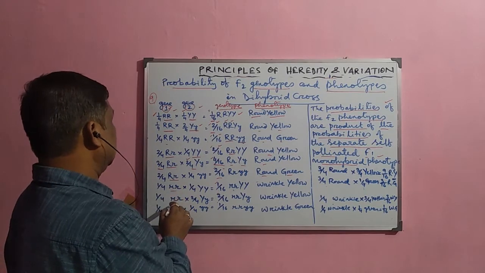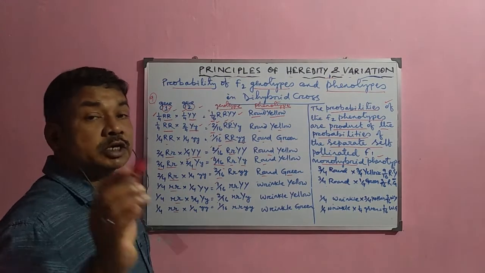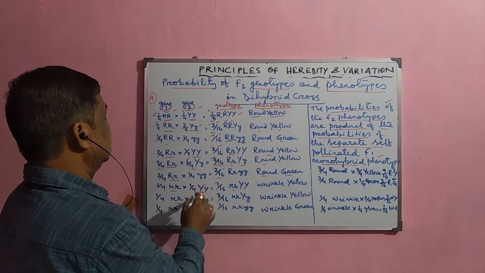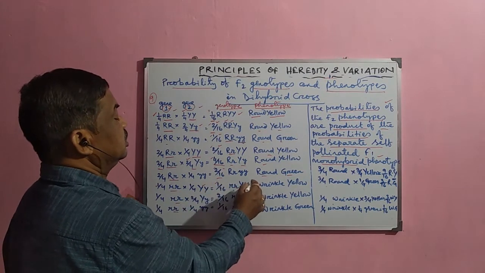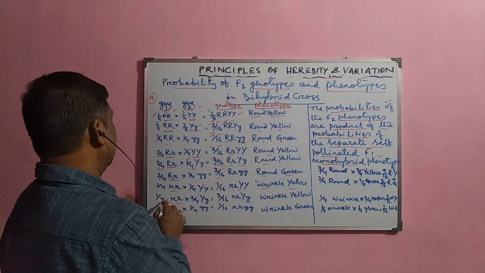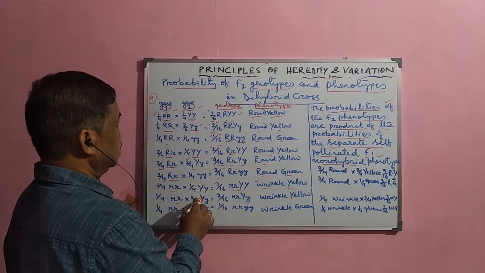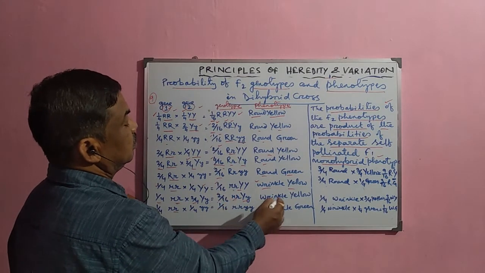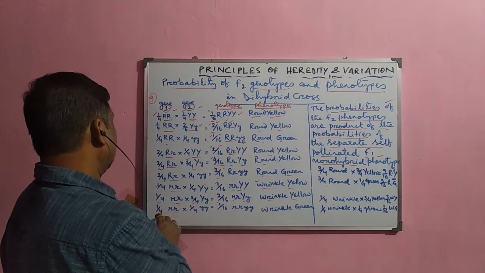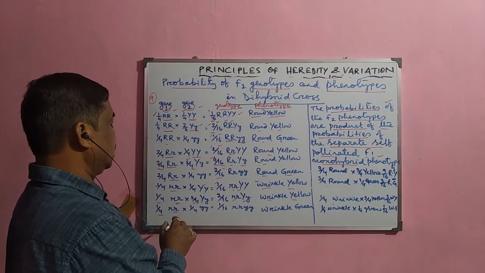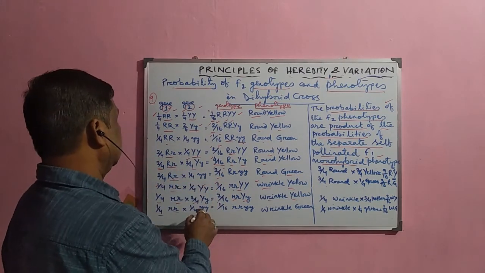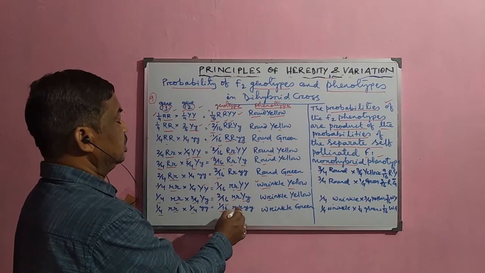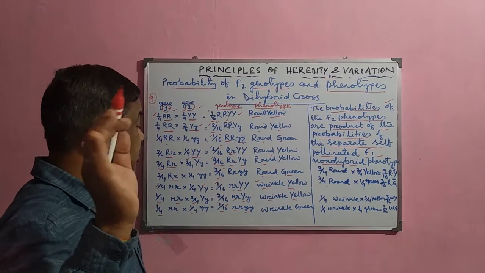Next one, these are the small r. These are the recessive varieties. Now these are wrinkle 1 by 4, and here also yellow 1 by 4. It is 1 by 16. That is wrinkle yellow type. Now here 1 by 4, small r, capital Y, small y, 2 by 4. So that is why it is here wrinkle yellow. That is 2 by 16. Now here 1 by 4, small r, that is wrinkle, and small y, 1 by 4. Then 1 by 4 into 1 by 4, it is 1 by 16. That is small r, small y, that is your wrinkle green.